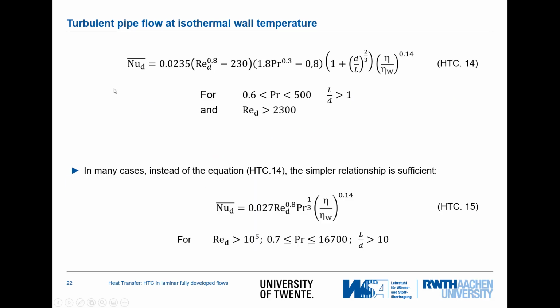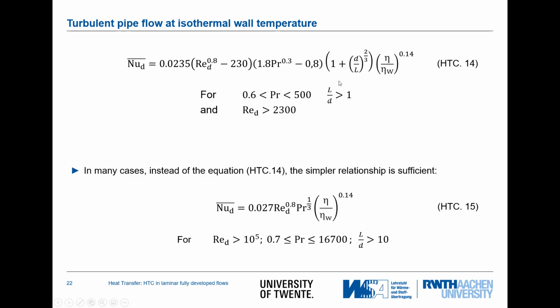What we have not talked about is the case of a turbulent pipe flow. This is shown here. Now for an isothermal wall, you can see that there is also a correlation given. It's also given in the book of equations. Major differences in the turbulent and laminar regime is the exponent of the Reynolds number. Just check it for the laminar flow. You will see a completely different behavior compared to the turbulent regime. Just make sure if you're using these equations that the